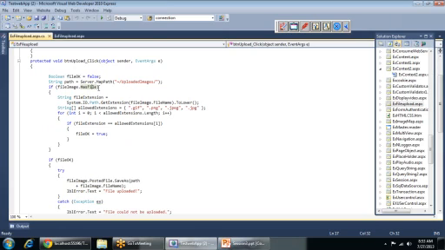So many times you may want to check whether the extension is what you want, otherwise you can cancel, or you can send an error message that this file extension cannot be uploaded. So how you can see this is